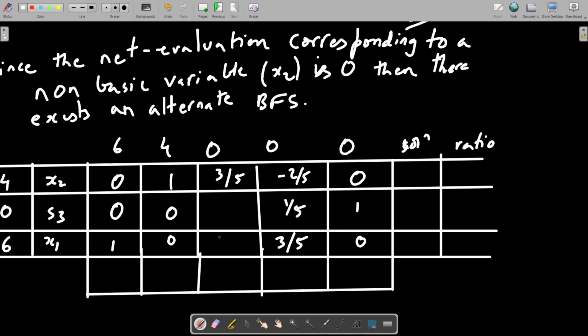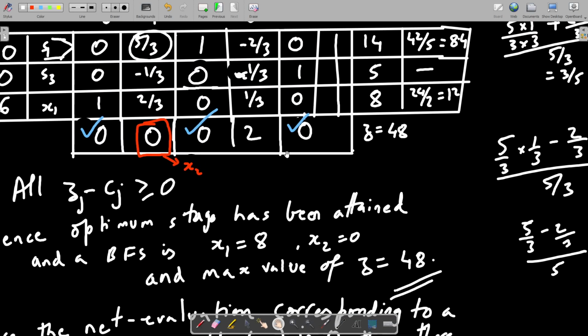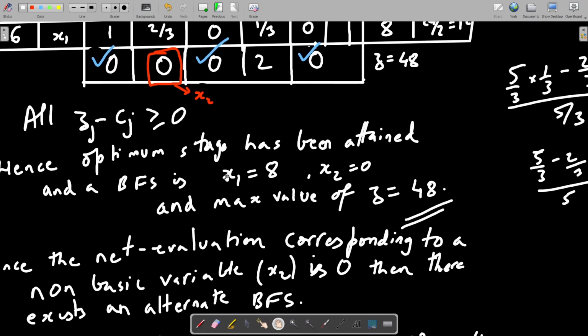Okay, this one column remained. I didn't look at it properly. So 0 into this minus 1 by 3 into this will become plus. So plus 1 by 5 for this entry. This will become minus 2 by 5.